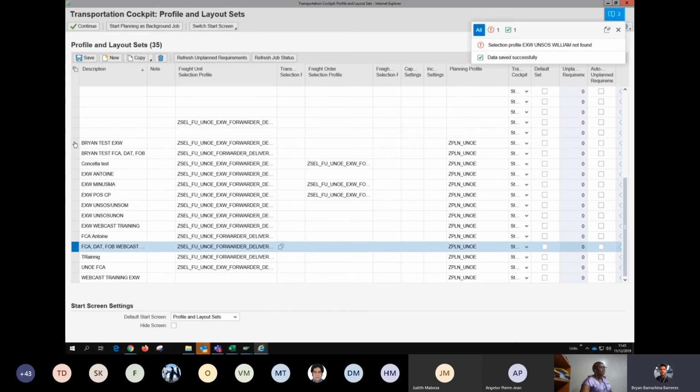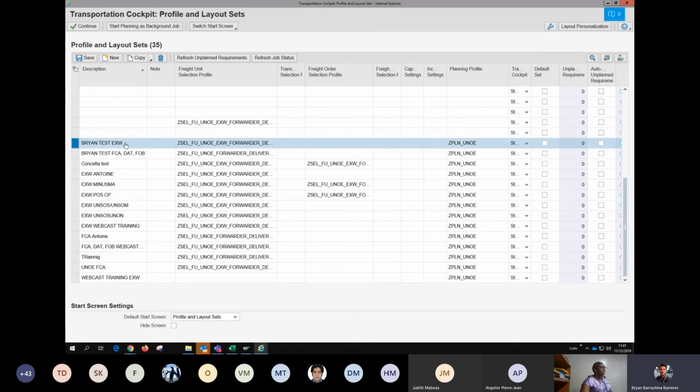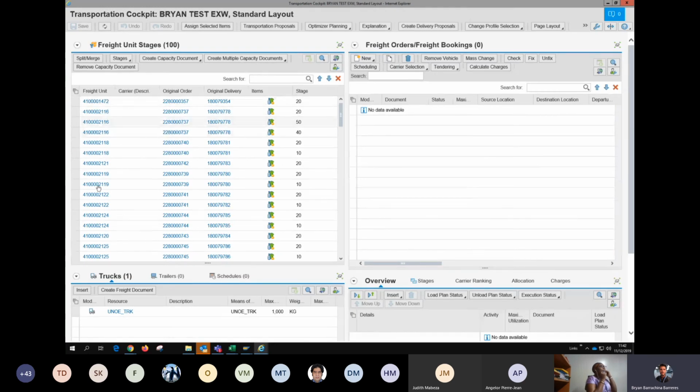Now I'm going to go back to the one I created a while ago because I want to see the XWorks, because I know that the DTR that I was checking before for my freight unit was XWorks. I know that it's the UNOE profile, and I know that I'm looking at the one for XWorks here, so I can select it. I can even set it as my default if I want to. Save and then continue. When I continue, I'll go to my planning profile, and now I only see freight units that are